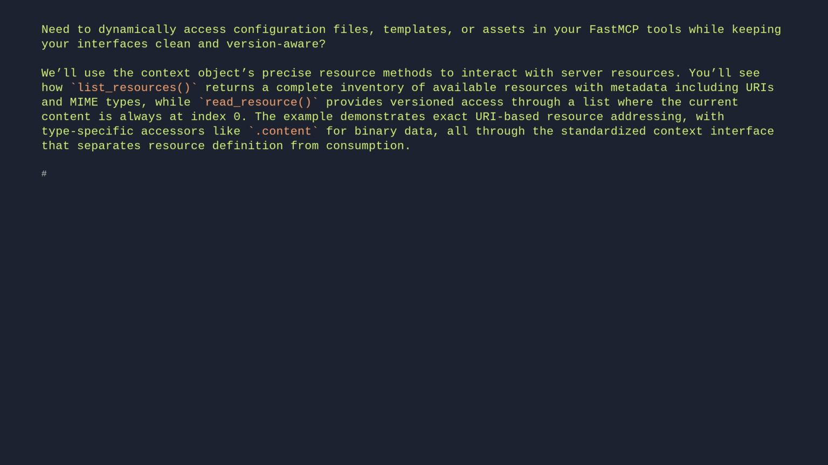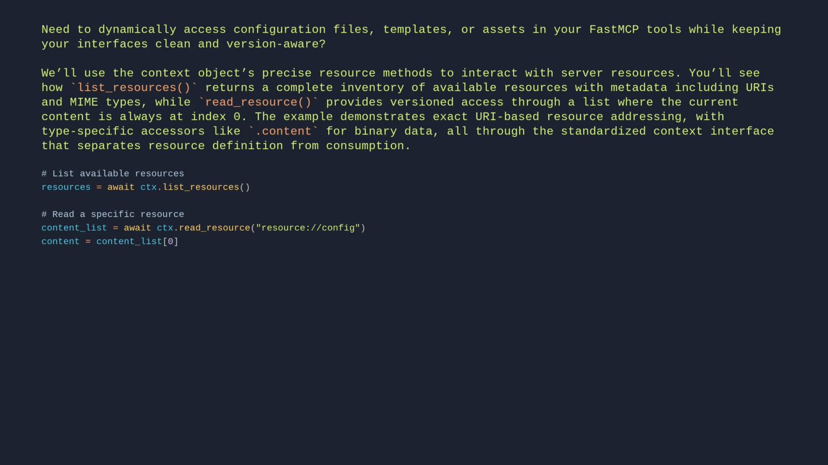# List available resources. resources = await ctx.list_resources(). # Read a specific resource. content_list = await ctx.read_resource("resource://config"). content = content_list[0].content